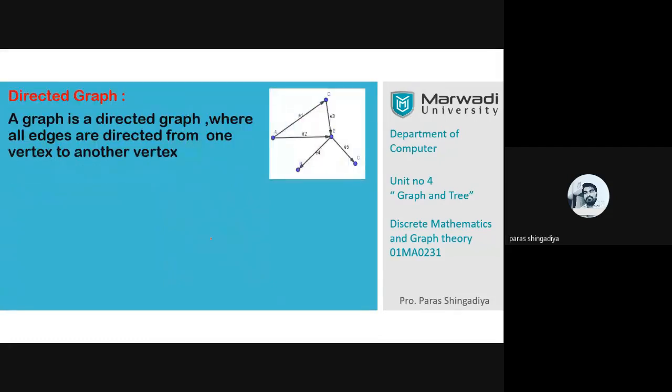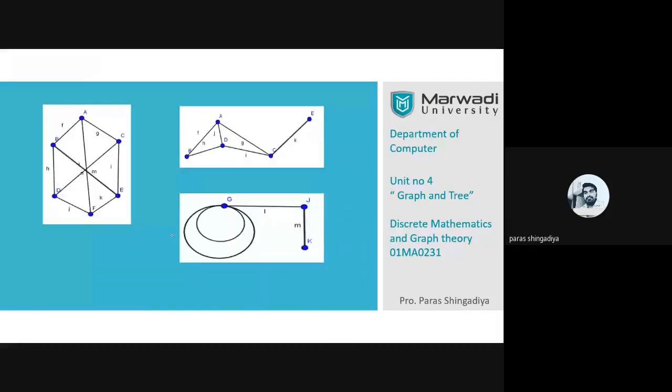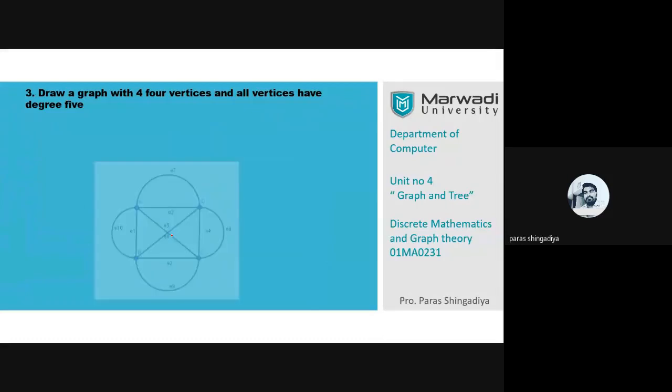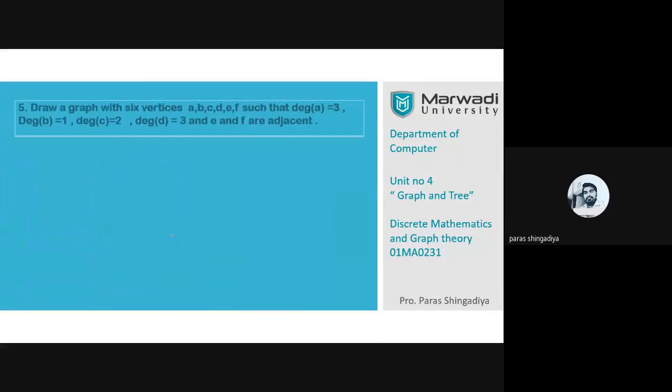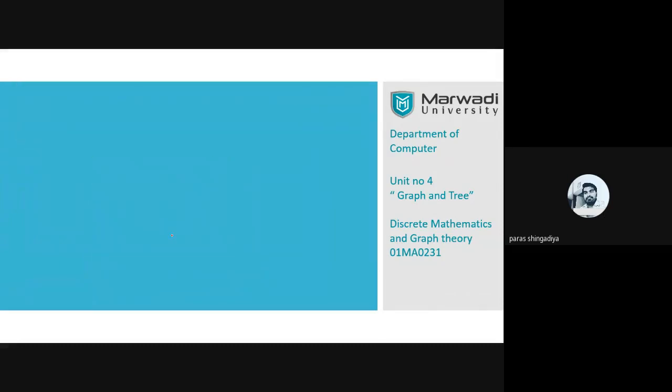After that, directed: we considered one example of a one-way path, where the direction is fixed, so you have to go this way to reach from A to D. That is a one-way route. Undirected means there is no direction fixed, so that is called an undirected graph. We did this exercise in the last lab yesterday, including questions on the degree of vertices, all completed in the last lab.